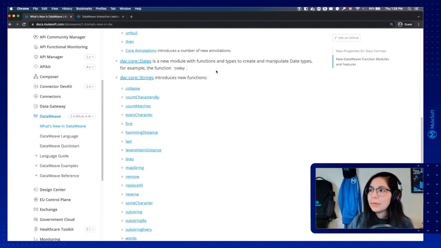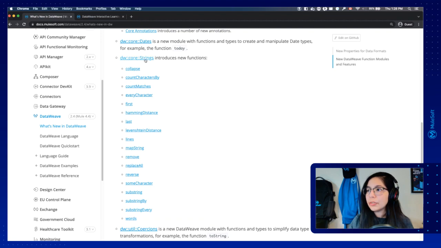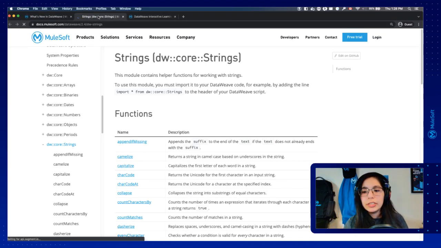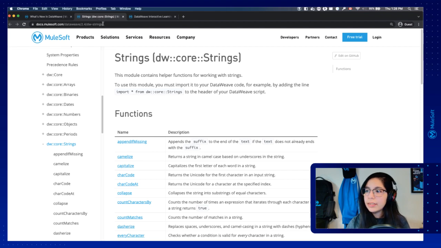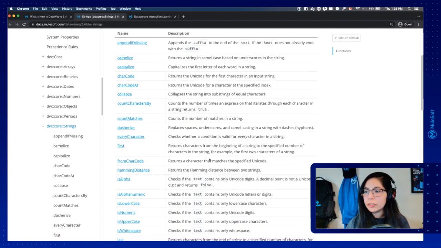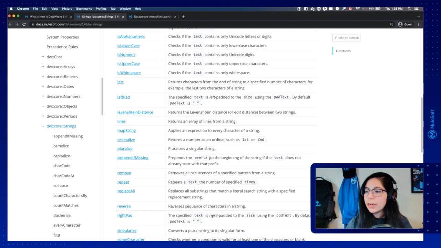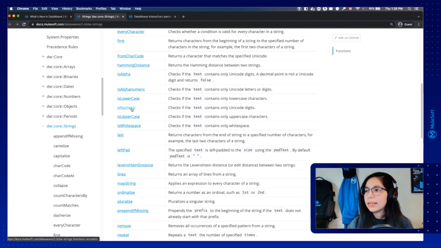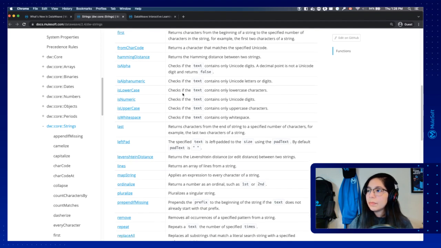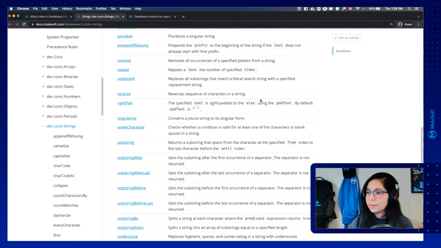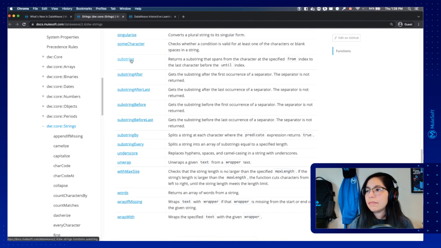Anyway, now we have the strings module. If you're not familiar with the strings module, this has been here a lot of time, but they are adding new functions. What have I used from this? Oh, I have used the is numeric one, for example. Basically, to check if any text contains any Unicode digits. Oh, the soft string as well. I've used this a lot of times. Just as any other substring function, you can substring things after the string that you send, or the